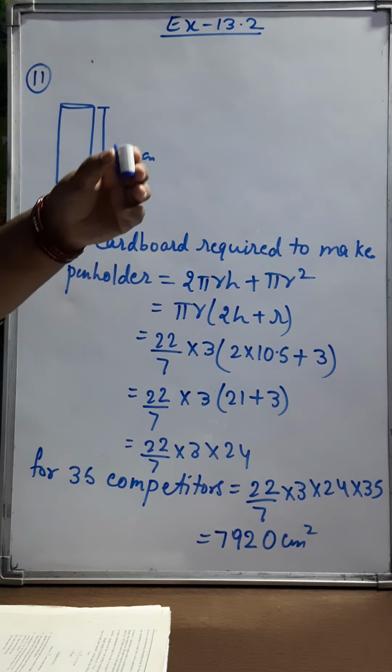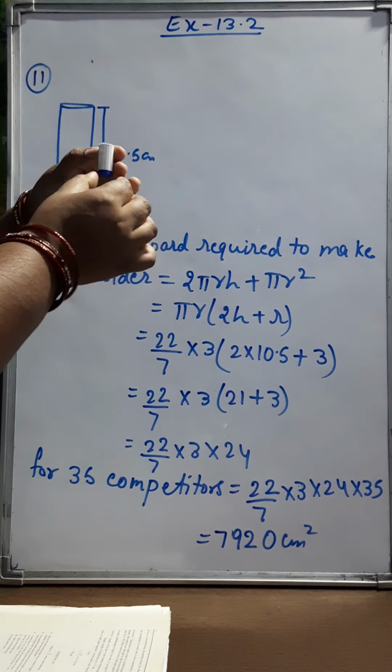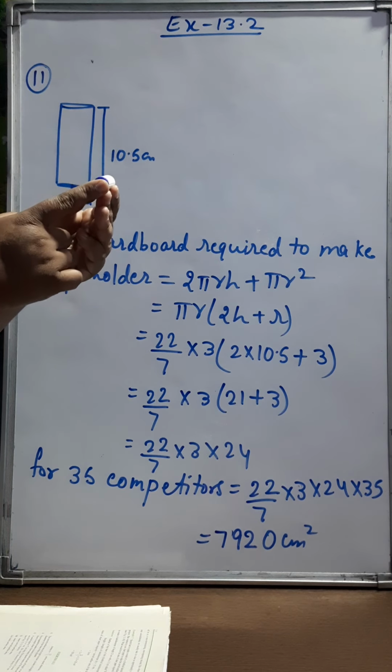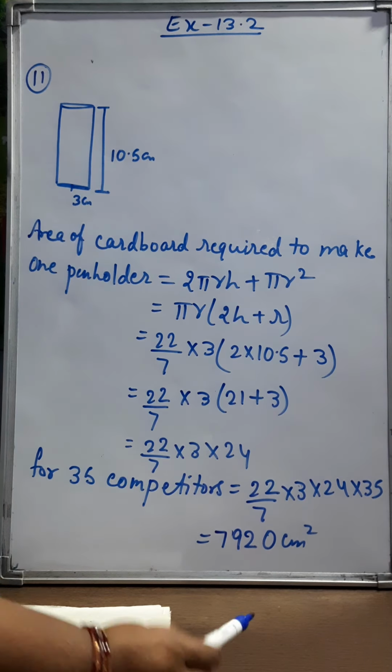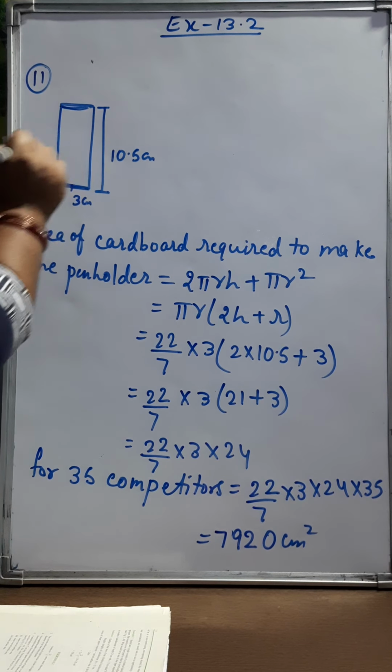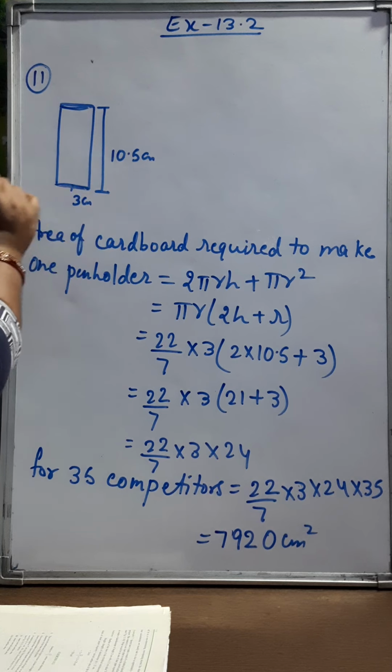And if I am showing you a pen holder, you can see for making a pen holder, we have to make the cylindrical portion and the base also. So here I have made a structure of a pen holder. The top portion in the form of cylinder and the base has to be made. But this portion has to be opened.